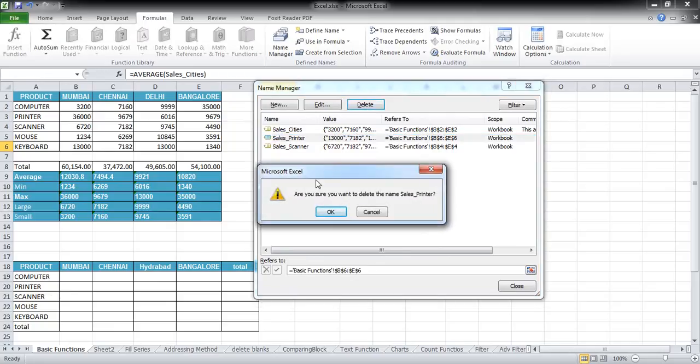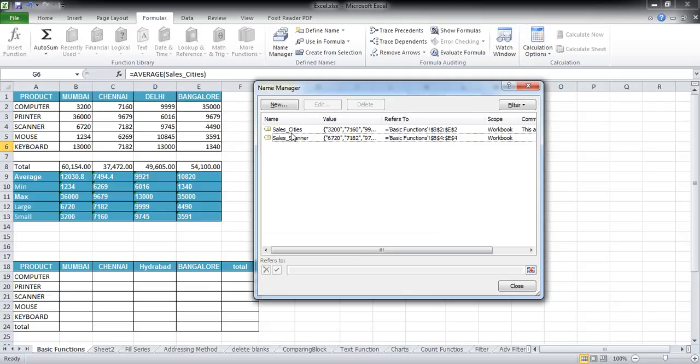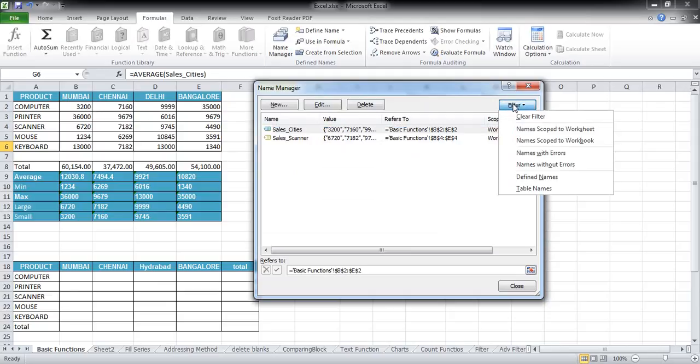A pop-up would appear to confirm that you want to delete this range. Press the OK button, and the whole thing would be deleted. And this is all about creating a new range in Excel, or editing it, or deleting the whole thing altogether. And there's one more thing left, that is the Filter button over here, and it lets you